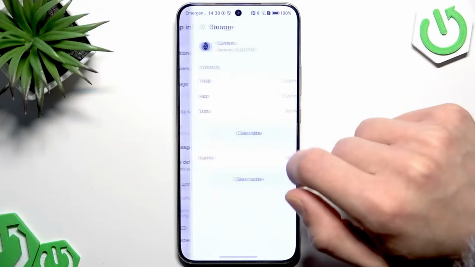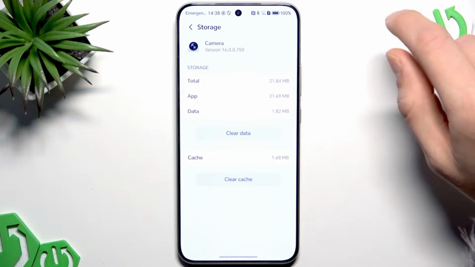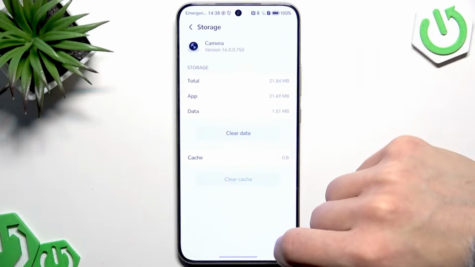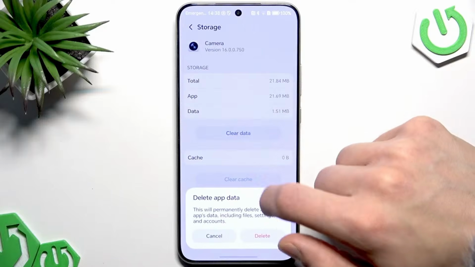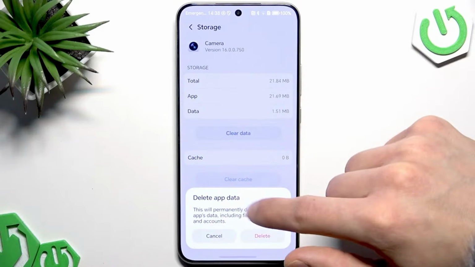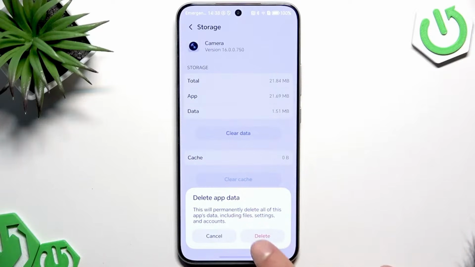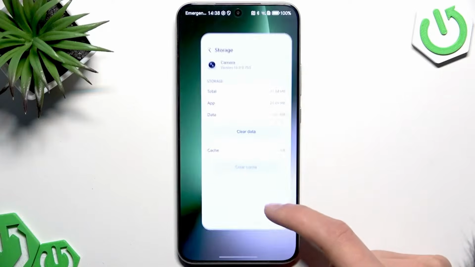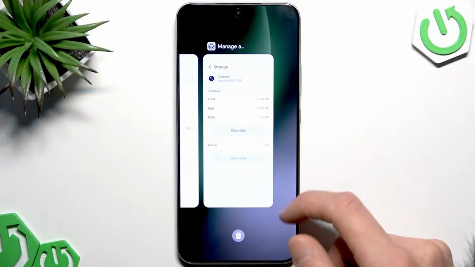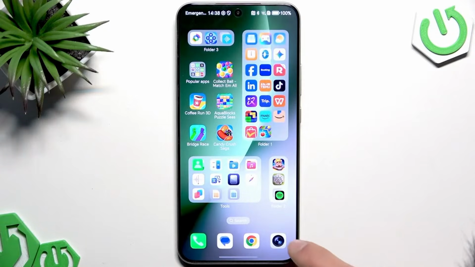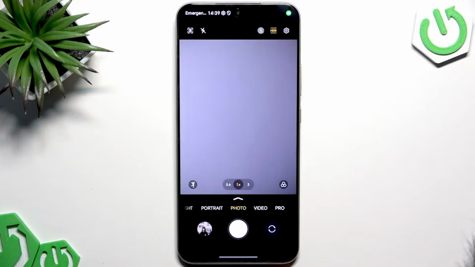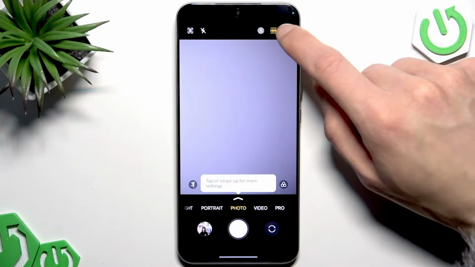Then go to Storage, and in Storage menu you can clear both cache and data of your camera, though the data cleaning will reset your device's settings to the default. By now it's only important if you clear the cache, but if the lags persist, you can tap on the